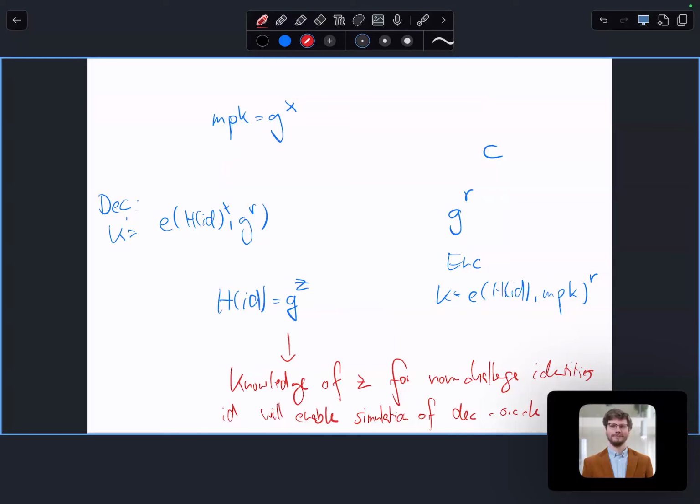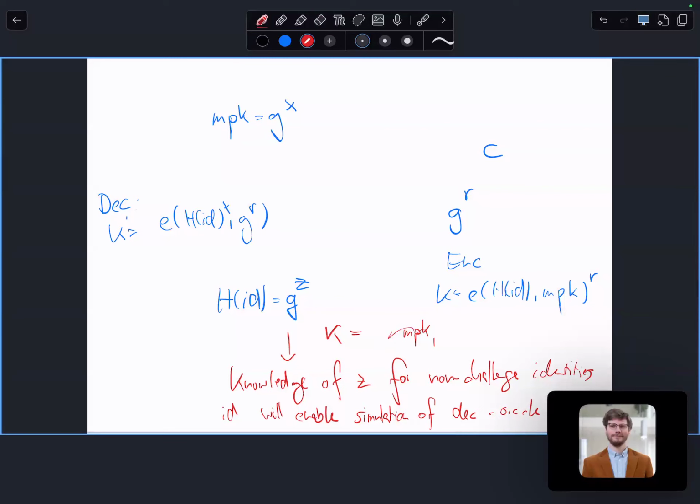But now in the simulation, if you know what Z is, we're having this virtual third party. It doesn't exist in the real world. In the real world, no one knows what the Z is. But now in the security proof, we will model H as a random oracle, and that means the security reduction can choose this Z itself, right? It will choose the Z itself, and then we can sort of compute the key in a third way. Namely, we're going to take MPK